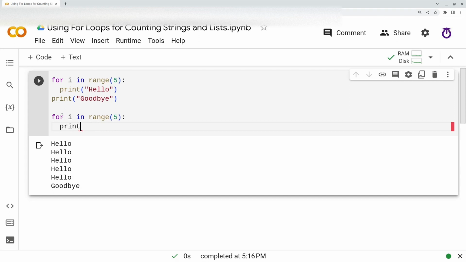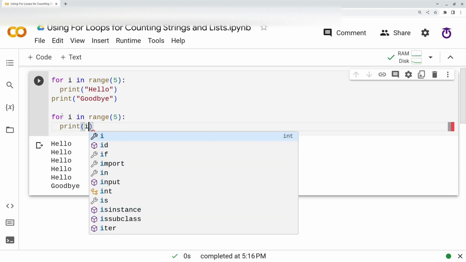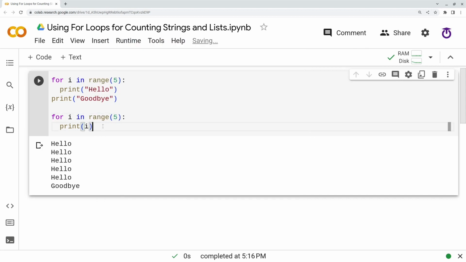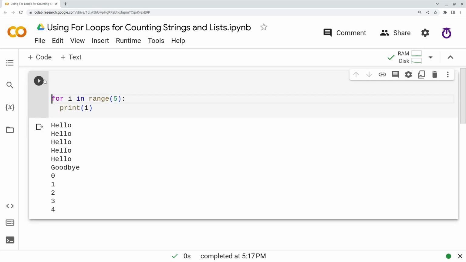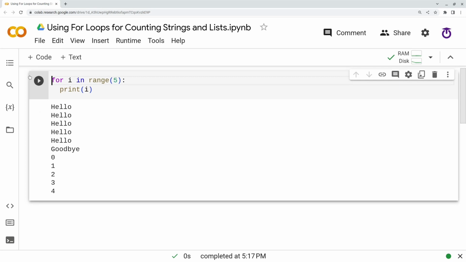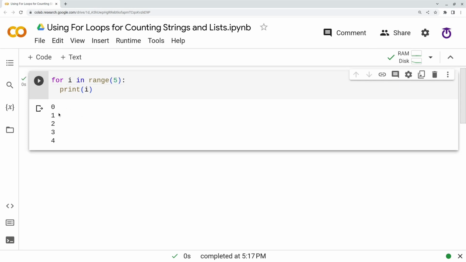So if I do for i in range 5 print i, let me show you what this does. So this will print 0, 1, 2, 3, 4. I'm just going to delete that code at the top there. Okay, run that again. Okay, yeah, so it's just printing 0, 1, 2, 3, 4.